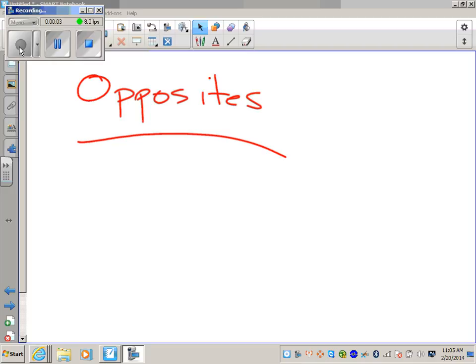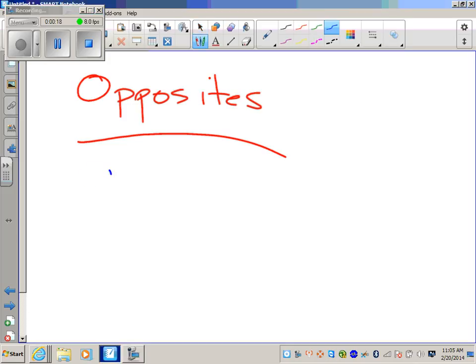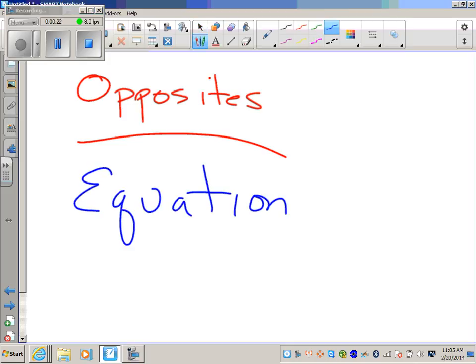Okay, and we say off and on, you know, there's no in between. It's not kind of on, it's not kind of off. Usually things are off or they're on. Okay? So when we think about opposites, it's going to be very important for us today when we familiarize ourselves with what are called equations. Mathematically speaking,